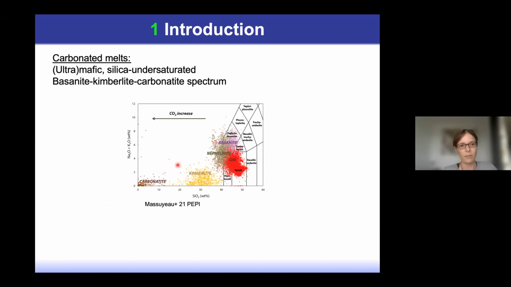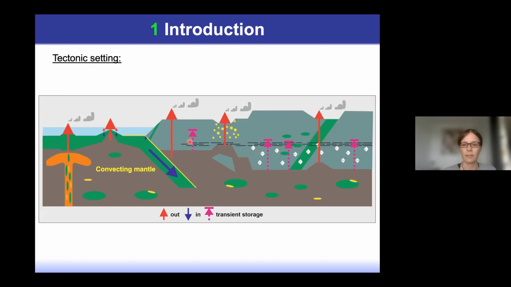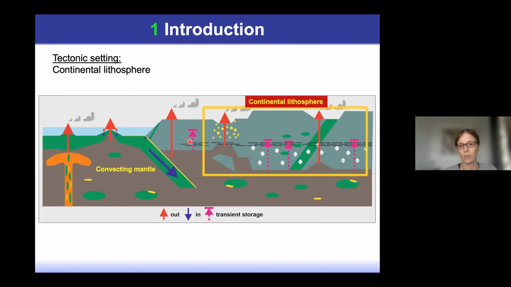And so when I talk about carbonated melts for the purpose of this presentation, I'm talking about silica undersaturated mafic to ultramafic melts from the basanite, kimberlite, carbonatite spectrum. This is a plot of total alkali versus silica, and Massuyeau et al. have extended this to include not only basanites and nephelinites, but also kimberlites, which are carbonated silicate melts, and carbonatite proper. And in terms of the tectonic setting, this is just a schematic cartoon, and